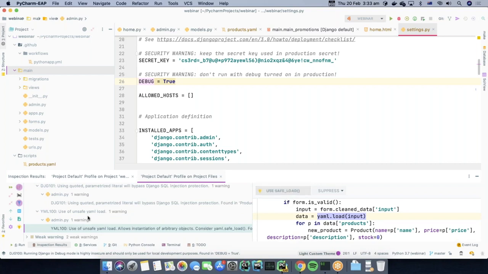You can also do batch fixes, which is really cool. So if you're super confident in this quick fix and you're happy to apply it across the entire project, you can actually apply that batch fix from this view. If my plugin has said, I can safely fix this for you, you can just go and do that across the entire project without having to do it one line at a time, which